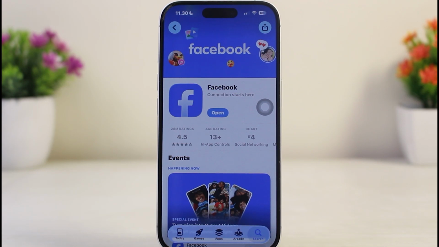How to fix Facebook memories not showing an anniversary. So to fix Facebook memories not showing on your anniversary, the first thing you can do is adjust memory